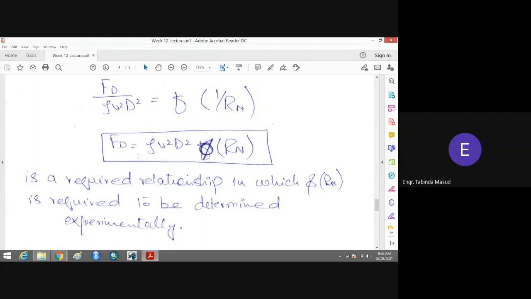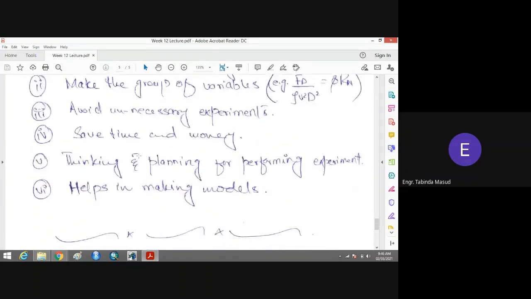Okay, so it's important that it avoids unnecessary experiments. Without analysis you have to perform 600 or 700 experiments even for a very simple problem, but once you do the analysis it shows you the right direction, what the number of experiments should be and in which direction you should go. Number four, it saves your time and money. Of course, it saves your time and money if you would otherwise perform 500 or 600 sets of experiments, and on the other side you perform only 50 or 100 experiments.